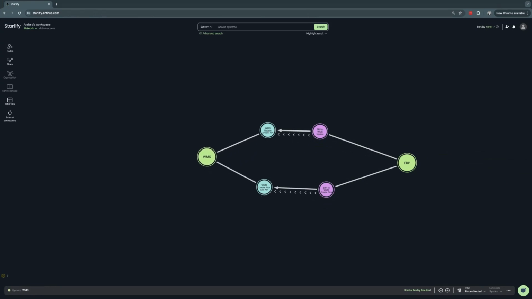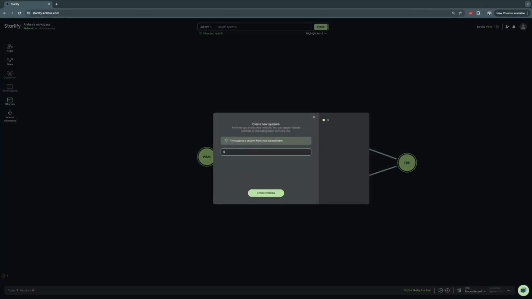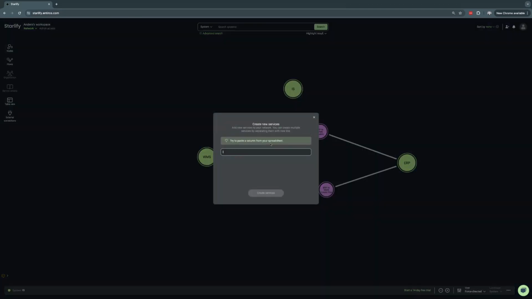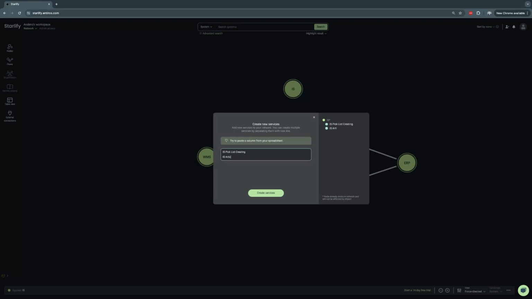Now, when you've come this far, maybe you realize that, hey, it's not really what's going on here. I have an integration service. So I right click anywhere on the canvas and I can create a new system again. Let's say that I have an integration system helping me out here. And it's actually the integration system that acts as a middleware for this. So I want to create services that says this is the IS. Now I'm getting creative with the naming here, but I have the article update and pick list creation